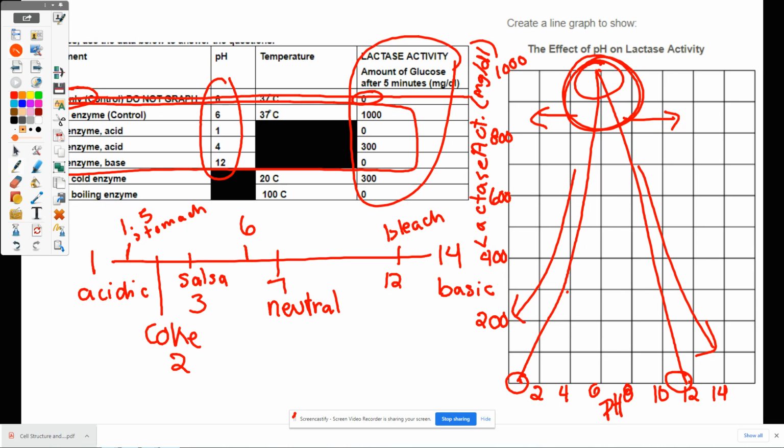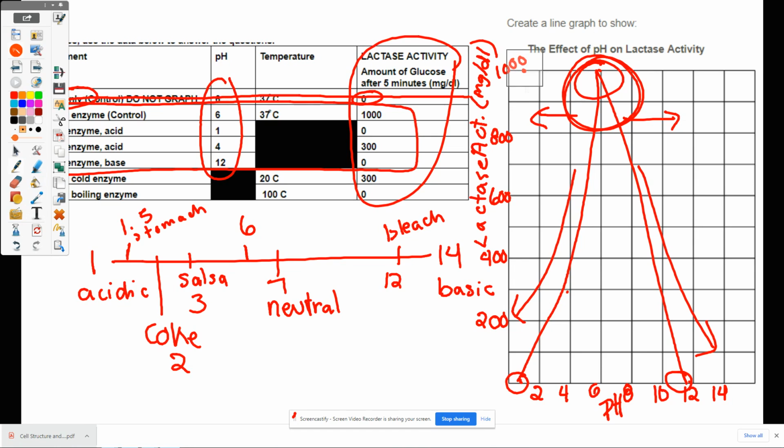So that should answer question 9 about the observations for pH. Now, question 10 asks us to make a general claim about the effects of pH on enzymes. Well, what we do know is that lactase works best at a pH of 6, but there are other enzymes like pepsin,